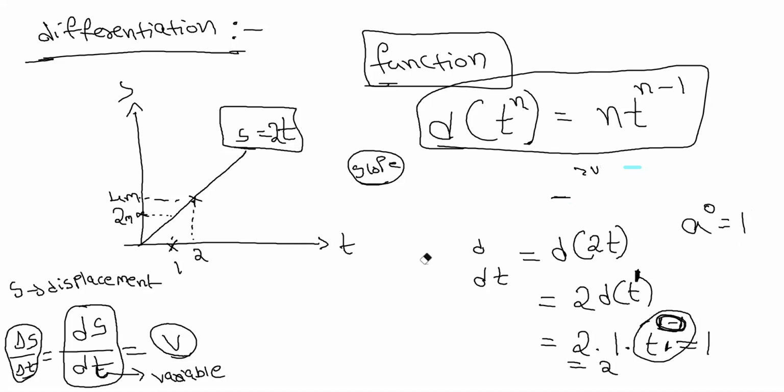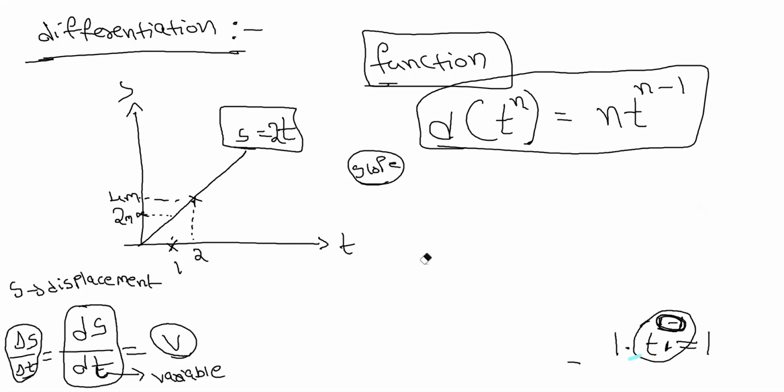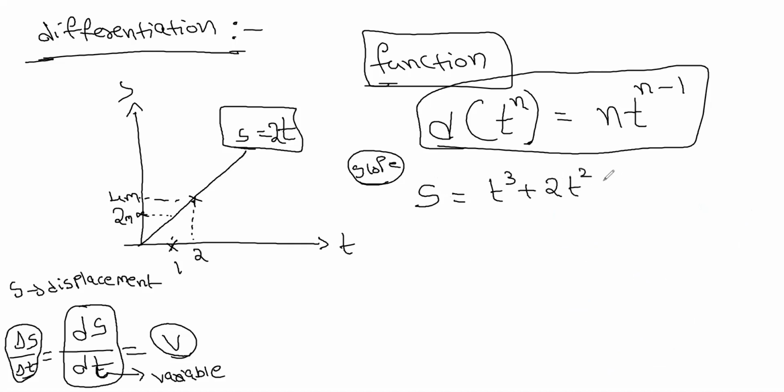Now, the same thing. Let us suppose here it is one single term, so it became very easy. Now what happens if they give 2 to 3 terms with powers like this? Let us suppose they have given the displacement as follows, like pq plus 2t square plus 4.